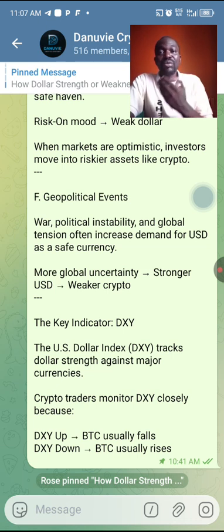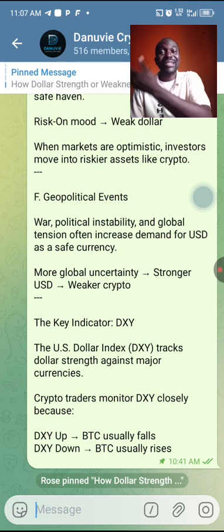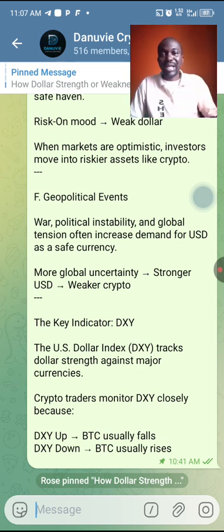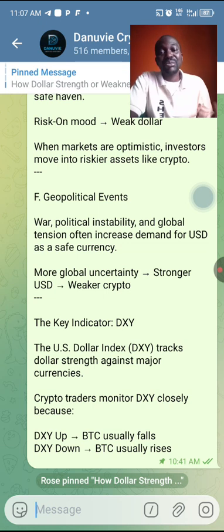In Israel, whichever currency they're using, that currency is going to be dropping right now because of the tension between Hamas and Israel and all that. So what Israelites are going to do right now is invest the majority of their money into the US dollar as a safe haven, so that their money can be preserved in the US dollar, since there is tension in their country right now. So that's what it means by global tension often increases demand for USD.